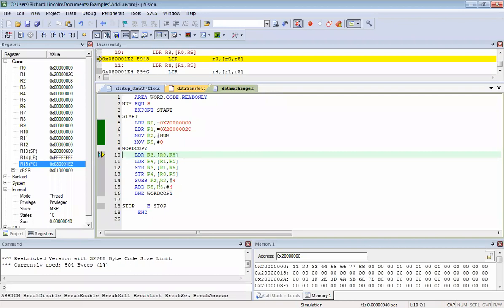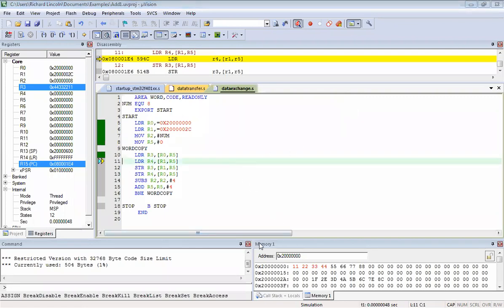Now the loading operation is happening. So the data at the location pointed to by R0 and R5, whatever it is pointed here, that will be moved into R3. So now here we can actually go to R3 and check. We will see here, it will be updated with the value of R3. So you can see that 11 22 33 44. Okay, so these are taken. You can see that it's in red, and that is actually moved to R3.